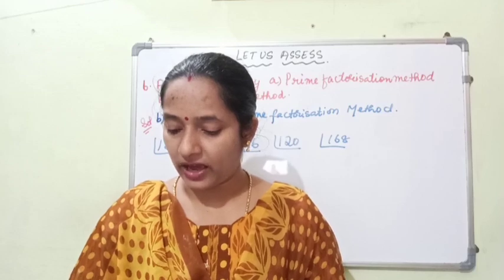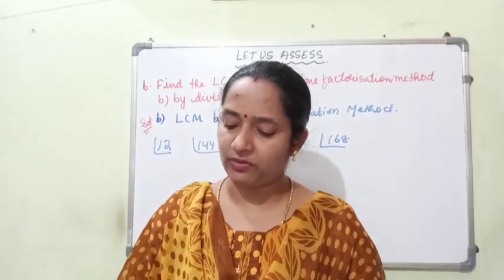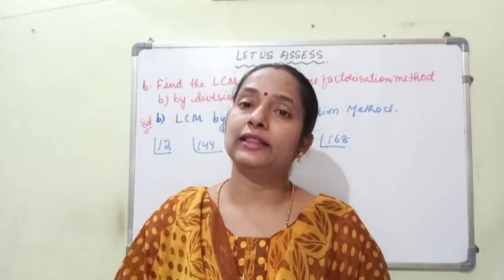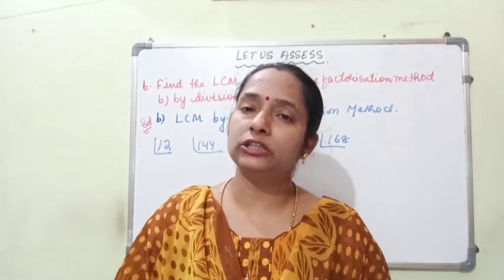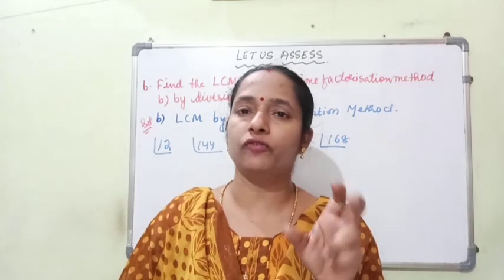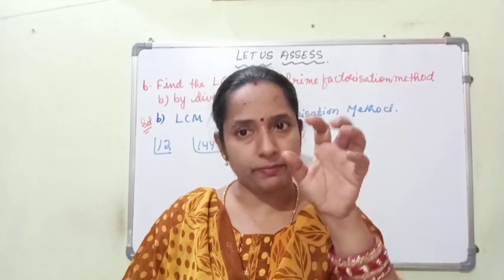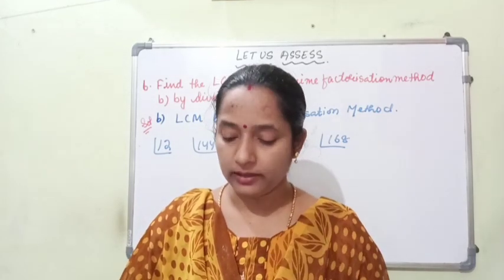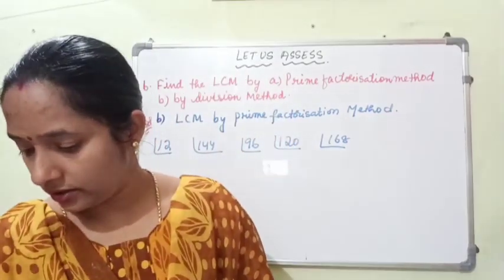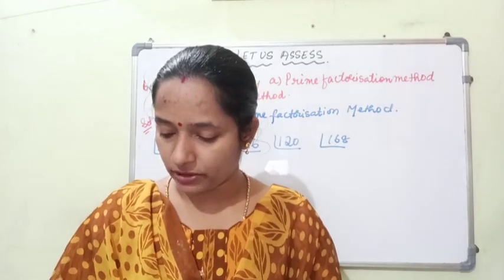Then in question number 5 you are asked to find the HCF of the following numbers by the prime factorization method and the division method. So you are given a few numbers, and you have to find their HCF by both methods. For every given pair of numbers or a group of numbers, first you will find the HCF by prime factorization. Next you will find it by the short division method. Right? Sorry, it is given as the long division method. You have to find it by the long division method.